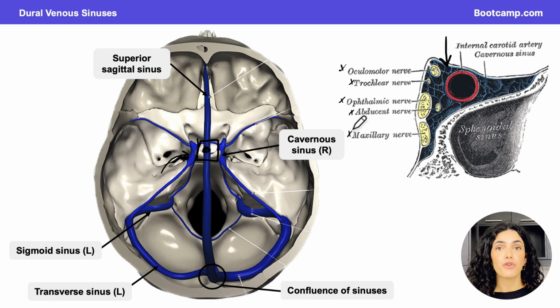We can also see another really important structure that passes through the cavernous sinus after it has entered into the skull. We have the internal carotid artery. So all of these structures can be impacted if we have some type of infection or even thrombosis of the